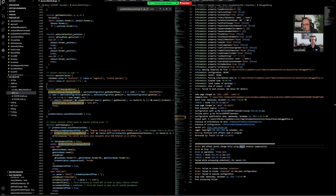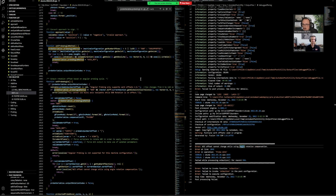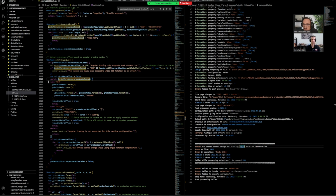This is saying the probe variables dot probe angle method is equal to, and then in this little section, this is like a question that the post is asking. It's saying if the machine configuration plus the get number of axes is less than 5 or it's a 3D, question mark. This is the actual question it's asking. If whatever is in here is true, then set it to the first number. If it's false, then it's unsupported. So it looks like we're currently set to 68. So that means we would be running pretty much this section of code,